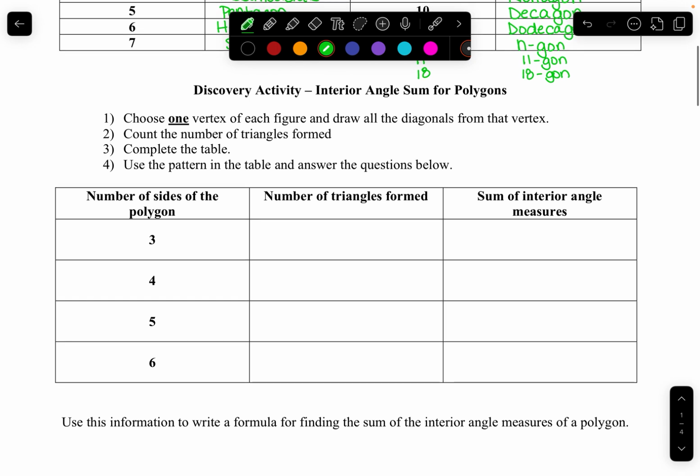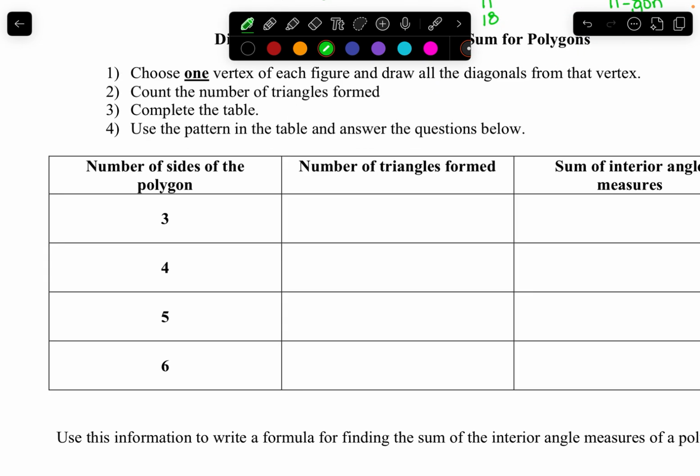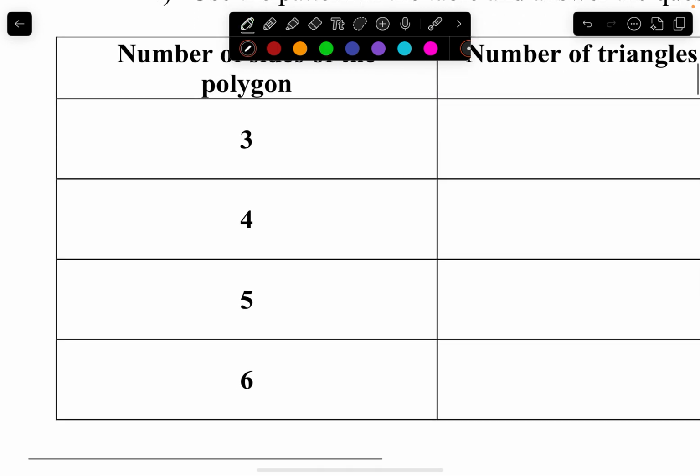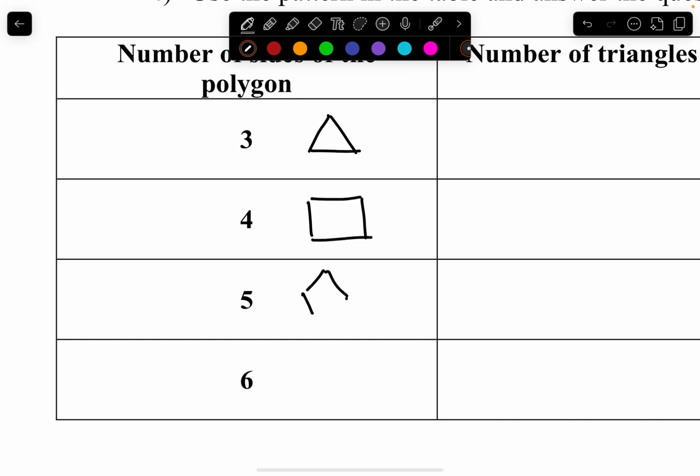All right, this next part is how we discover how we can find the sum of all of the interior angles of any polygon that we could be given. Normally when you do this in class with me, it's a lot more fun. It's not going to be as fun here because I'm just going to tell you what these things are. But I'll explain as we go through it so that you at least know where all this information is coming from. So what we're going to do is take each one of these polygons and we are going to